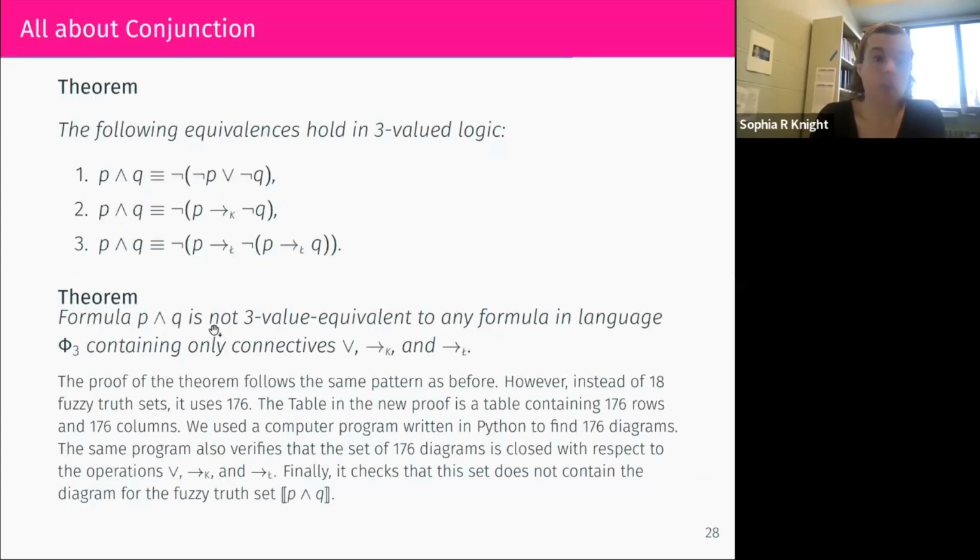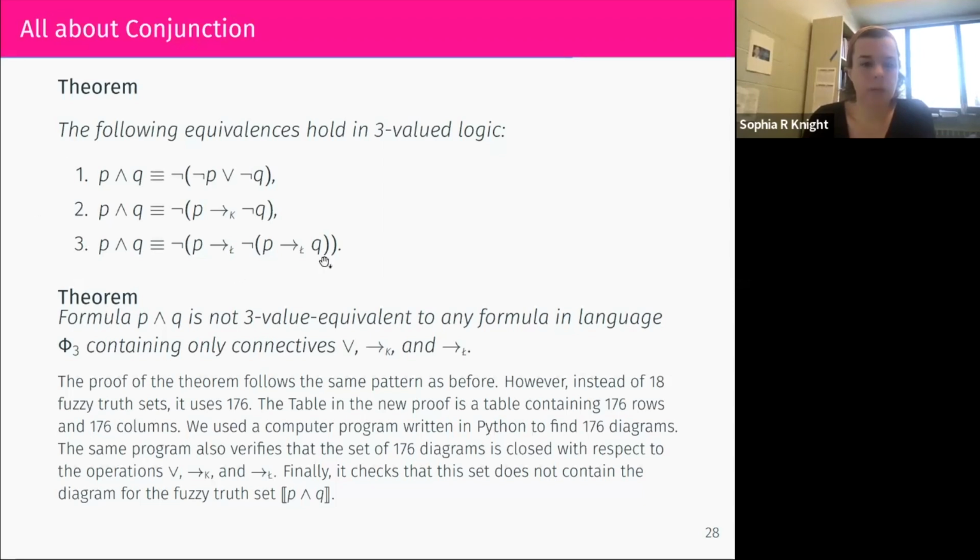And then here's some known equivalences in three-valued logic. So we still have De Morgan. And we kind of have Kleene implication, sort of matching, connecting with and the same way as implication does in propositional logic. And then in the Lukasiewicz implication, it's more complicated how you express and, because we got that third value that changes things. So that's what we know.